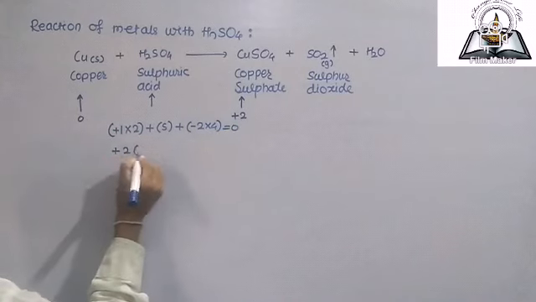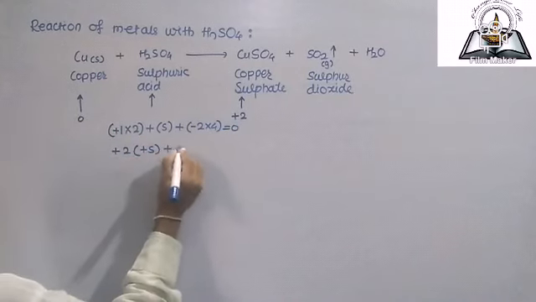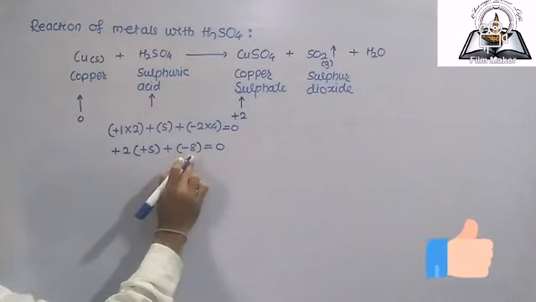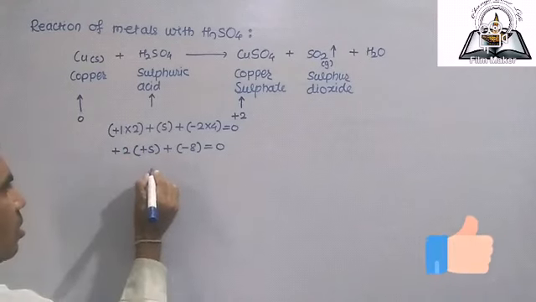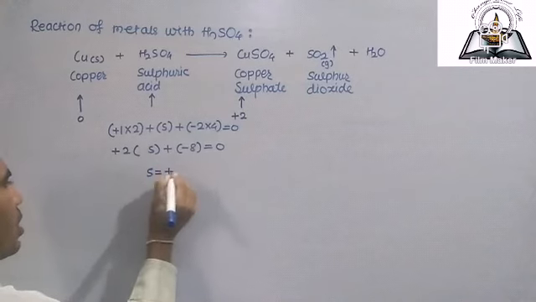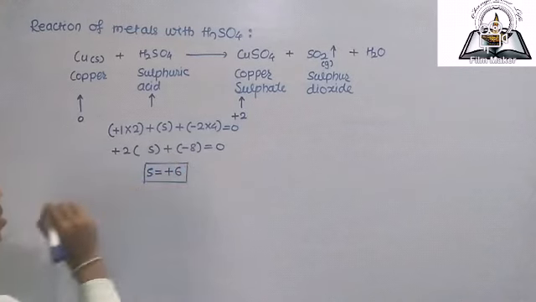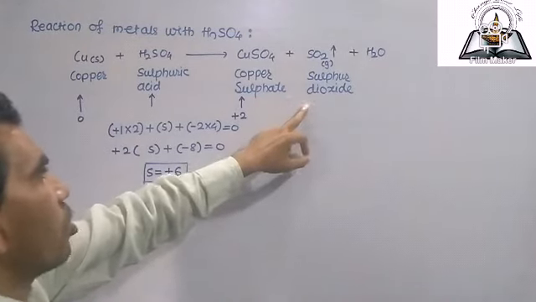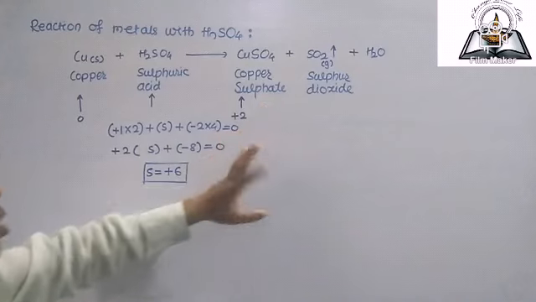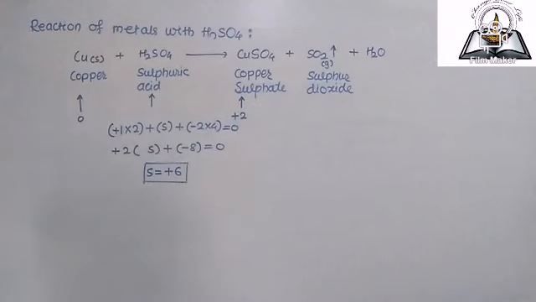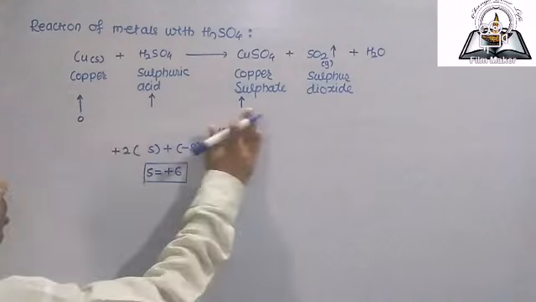So +2 in bracket plus x, -8, so equal to 0. So ये +2 -8 equal to -6 और सल्फर की ऑक्सीडेशन स्टेट अगर इधर के साइड में जाता है तो +6. यहाँ पे सल्फर की ऑक्सीडेशन स्टेट +6 है और यहाँ पे सल्फर की ऑक्सीडेशन स्टेट +2. यहाँ पे अगर देखते हैं तो ऑब्वियसली +2 आ जाएगी. यहाँ पे +4 आती है और यहाँ पे +2 आते हैं. So obviously sulfuric acid gets reduced.